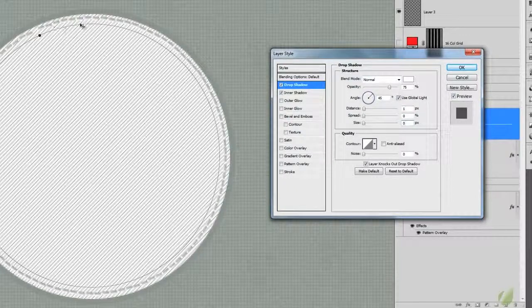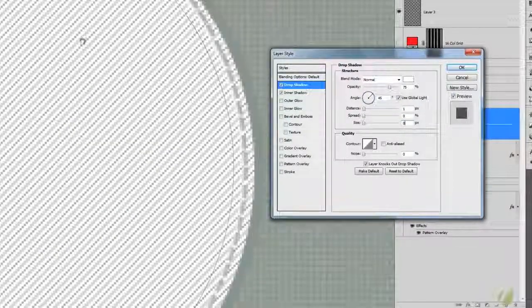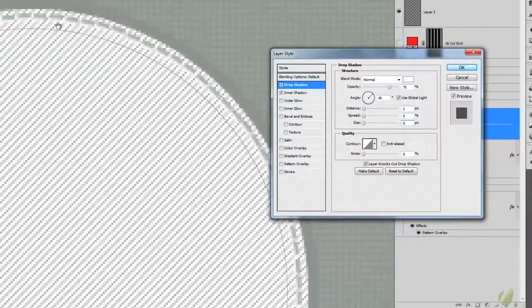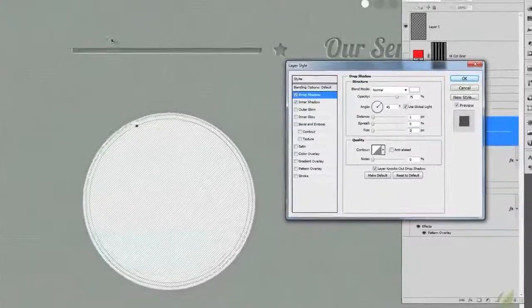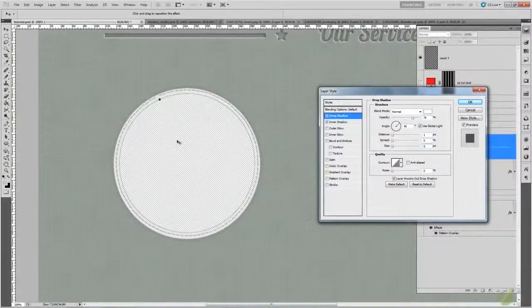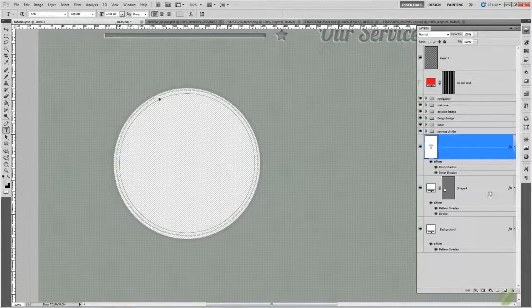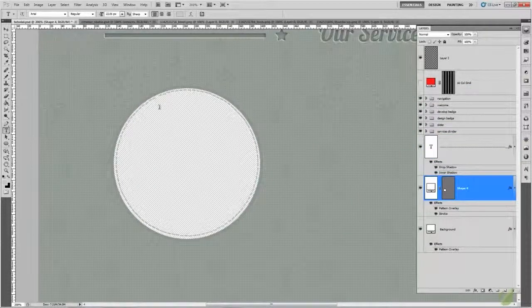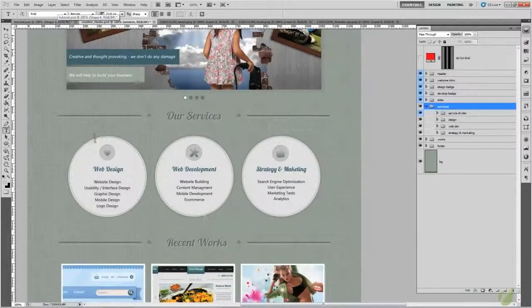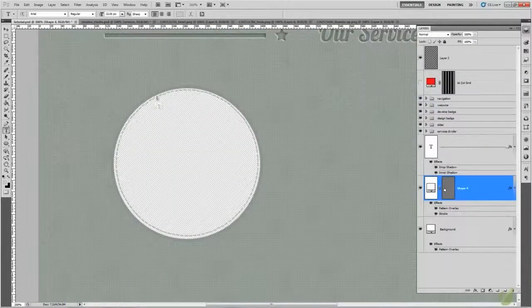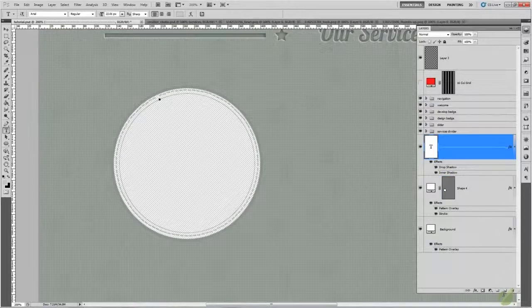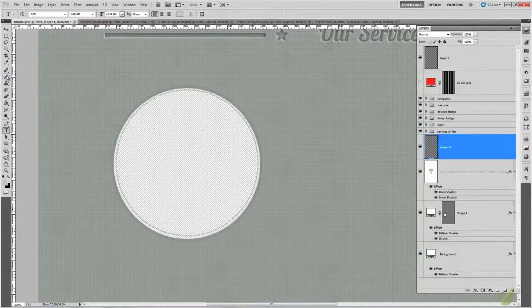Gives that nice white edge to it. You can just about see all the subtle things count. That really does make a difference. And okay, what you can see now is, for some reason we've got a tiny little gap there. In the original design I had a bigger gap, so I just thought it'd be nice to add a little fray to it. So add a new layer, and using the pencil tool,